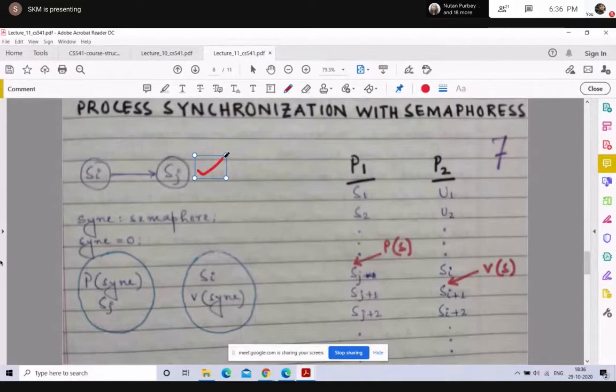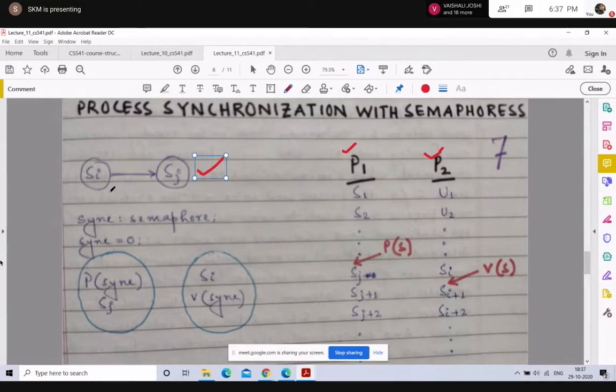Okay. So this is a process synchronization problem, because you have two processes which are running concurrently. One statement Si belongs to one process and the other statement Sj belongs to another process. Both these processes, say P1 and P2, are running concurrently, and you want a condition where Si will precede Sj. So Sj can only operate when Si has finished execution. Okay, so how can you do that using semaphore?